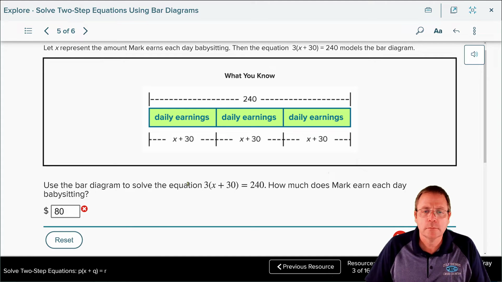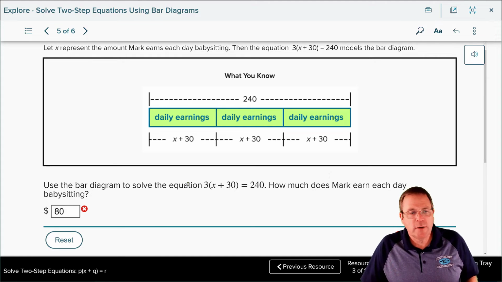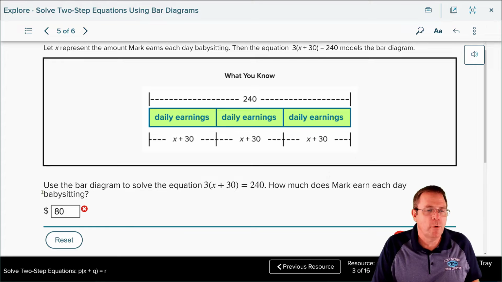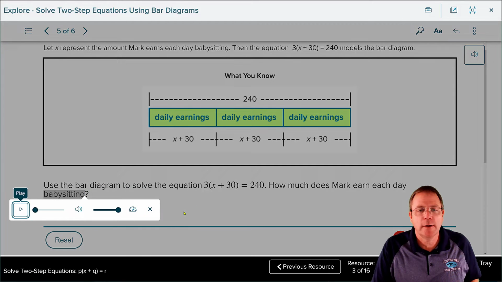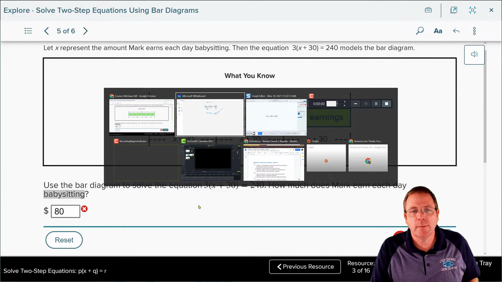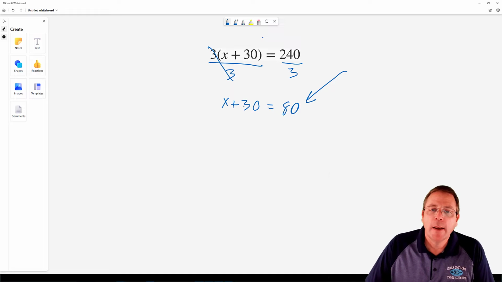Hold on. It didn't know how much he made each day. That last word's important there. How much did he make each day sitting on the baby? So to find out how much he made each day sitting on the baby, now I'm going to take an